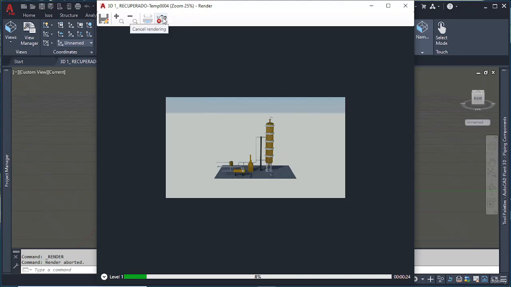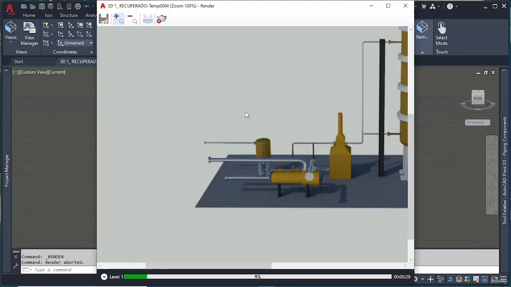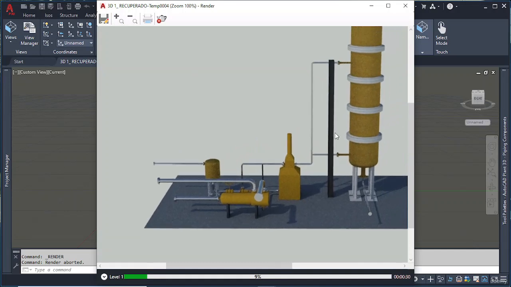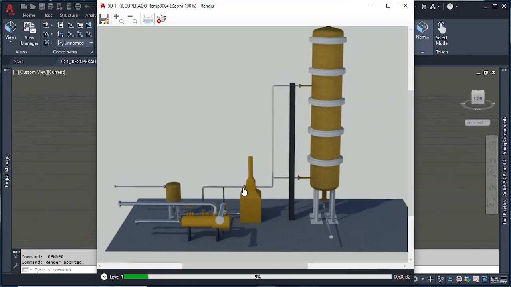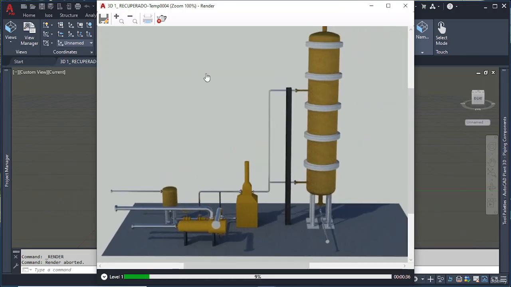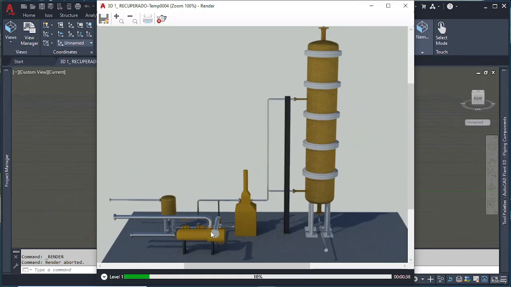And you can also cancel the rendering. You can zoom in while it's rendering and witness how it changes. Okay, here you can see how the aluminum pipes look so great, and all the colors of the tower. And here I chose a point of view that doesn't allow us to look at the pump, but well, there it is. And here, layer after layer,